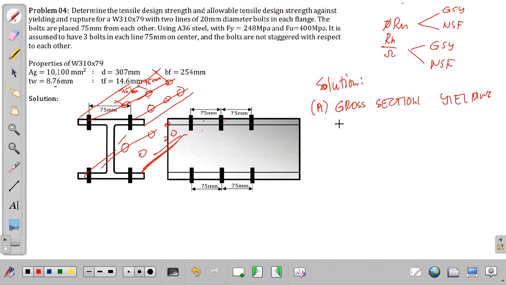So what would be our design tensile strength and what would be our allowable tensile strength? Okay? Ito yung hinahanap natin sa problem. Allowable tensile. Okay? So to solve for the design and the allowable tensile, we need to know the value